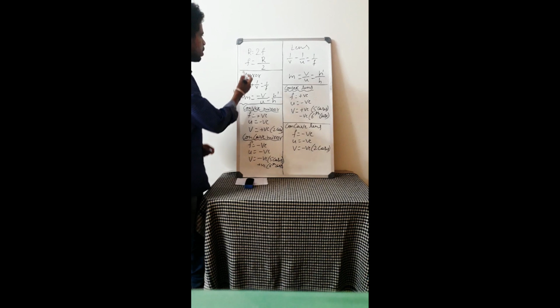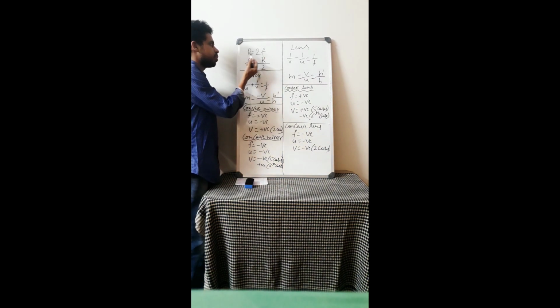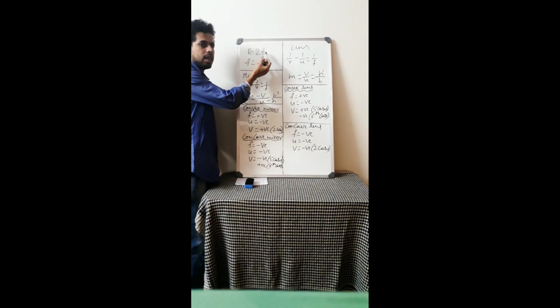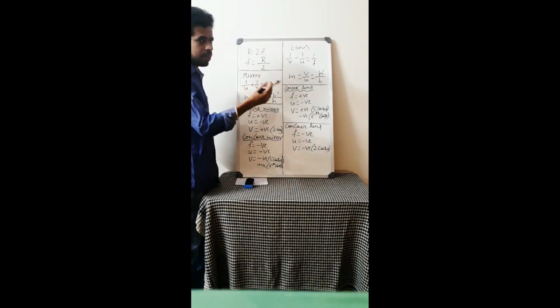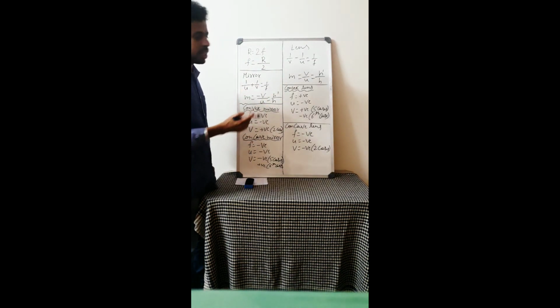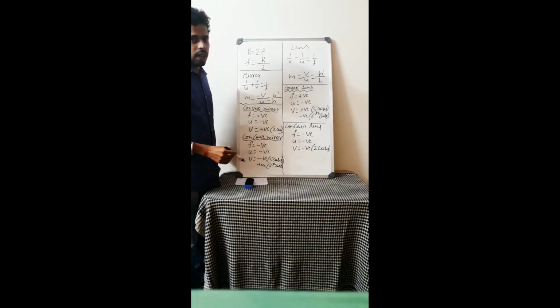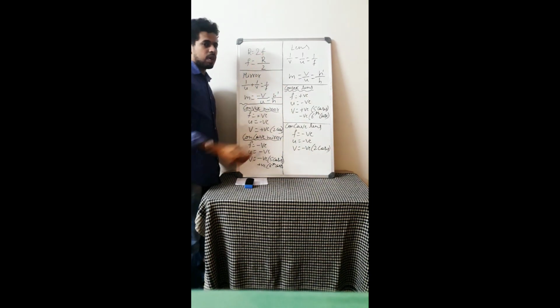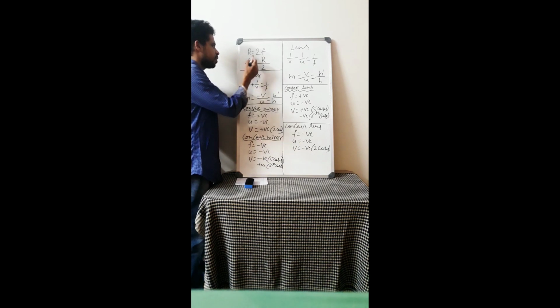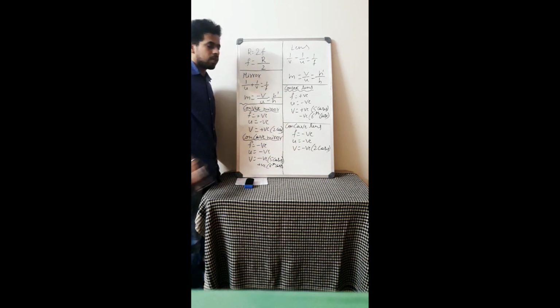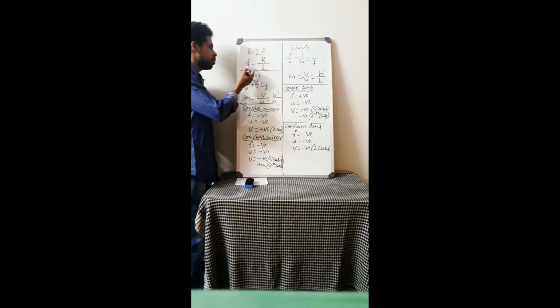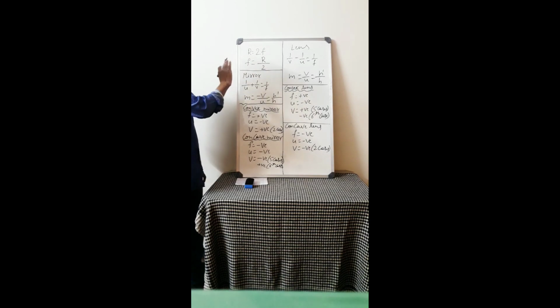First of all, we have one formula: R is equal to 2F. Here R is the radius of curvature and F is the focal length. Whenever we read the ray diagrams, we know that the radius of curvature is always twice the focal length. So R is equal to 2F is one formula, or if you take F, then R by 2 will be your formula. If we know F, then we can find out R, and if we know R, we can find out F. So we have a relation between radius of curvature and focal length.